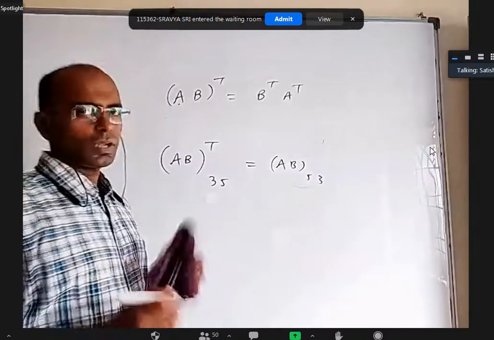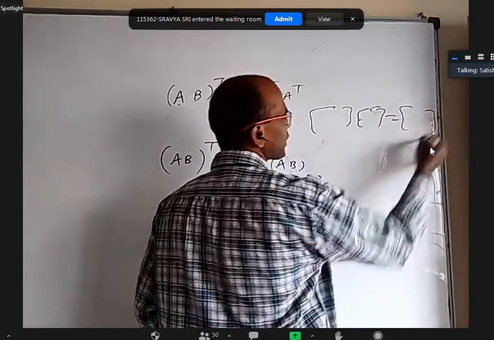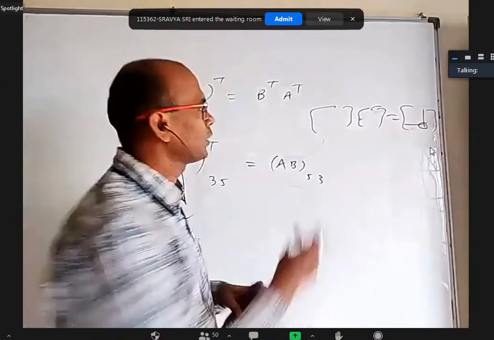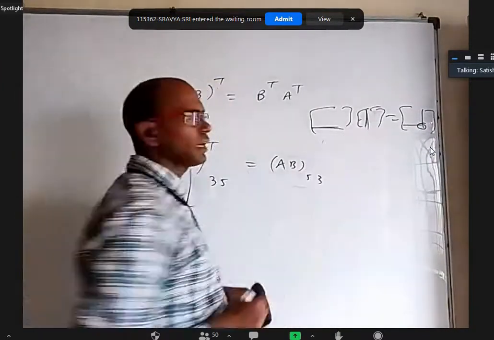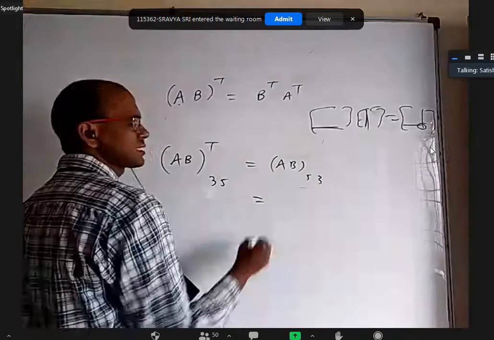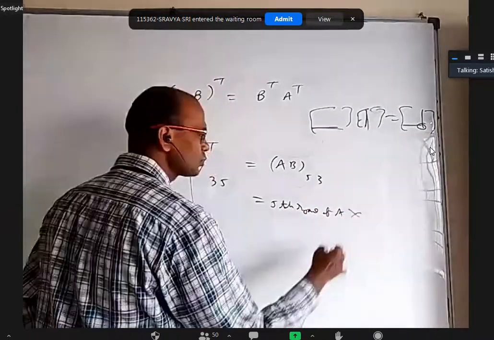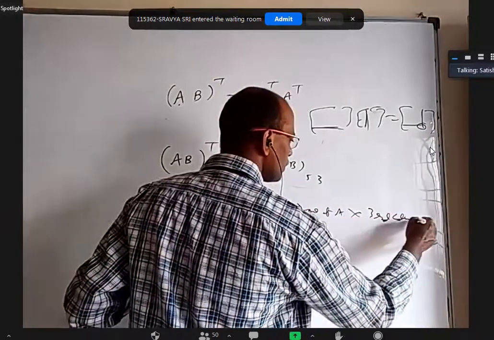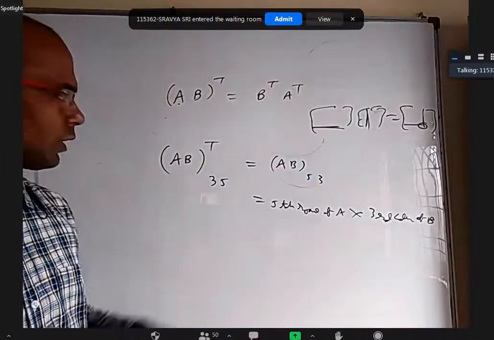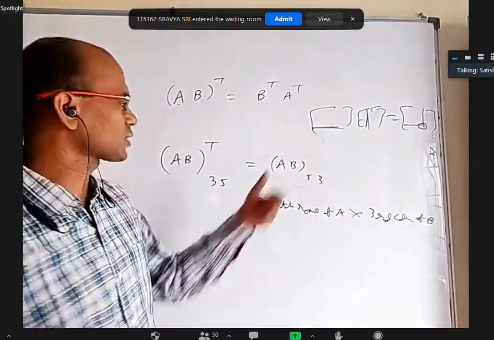When you multiply two matrices, in the final product, if you want the fifth row, third column element, how will you get that? You have to take the fifth row here, the third column here, and multiply. So I am going to write this as the fifth row of A into the third column of B, multiplying corresponding elements and adding them. That's how we get it.